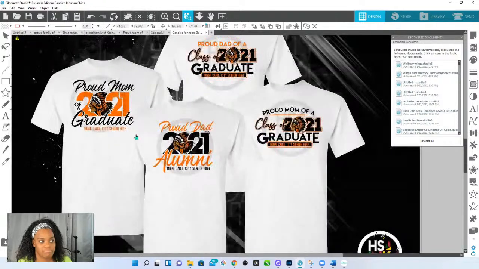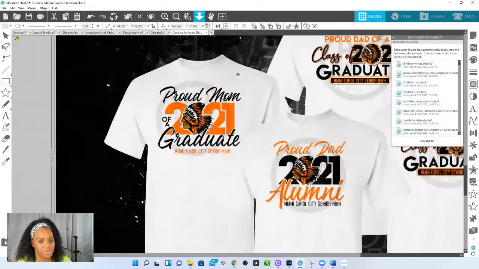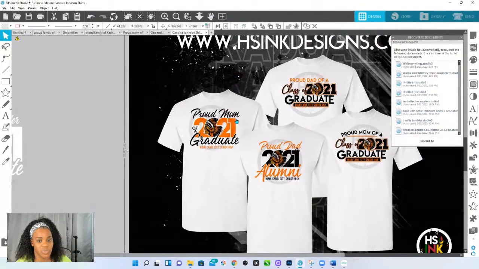So here we are. And I can now change this out to whatever mascot I want it to be. And it becomes a very general shirt. And for this is one where they can only get it in white because I'm not doing print and cut on it. It's a sublimation shirt. You don't want a sublimation shirt. You don't want my services. Have a nice day. Boom. That's it.